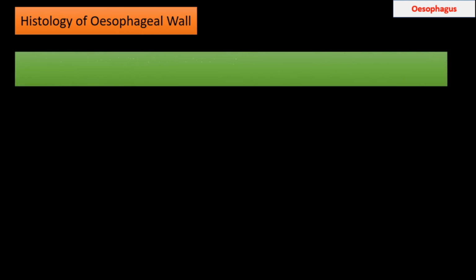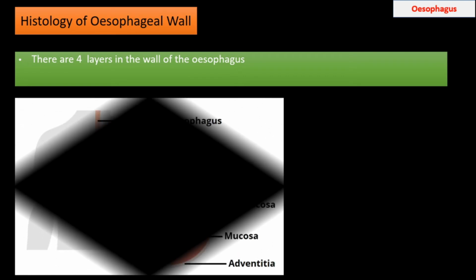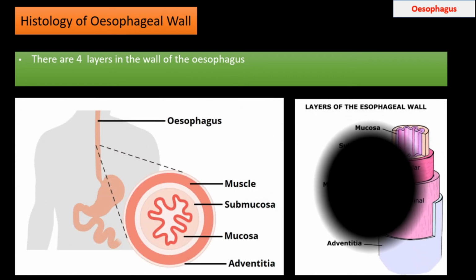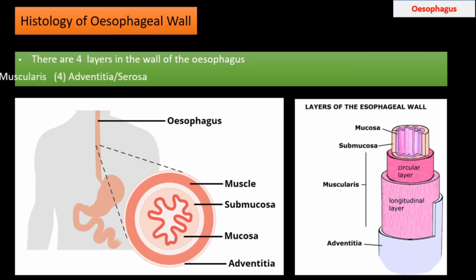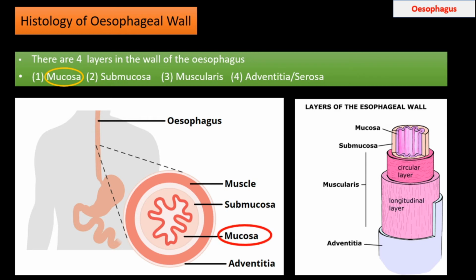About the histology, that means the various tissues of the esophageal wall. The wall of the esophagus is made up of 4 layers, similar to that of the stomach and intestine. Number 1, mucosa. It is the innermost layer made up of 3 layers, namely mucosal epithelium, which consists of stratified squamous epithelium,